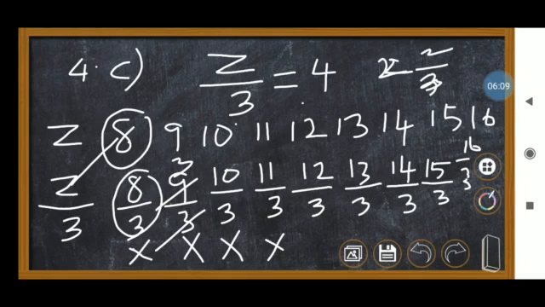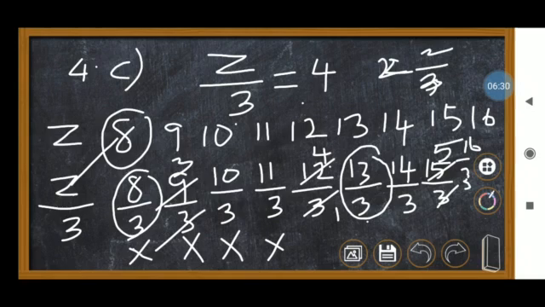12 by 3, if you divide, 1 three is 3, 4 threes are 12. So the whole number we can divide. The others will not divide evenly, but this one will. Similarly, 1 three is 3, 5 threes are 15. So if we cancel, this improper fraction we can convert into a mixed fraction. When I cancelled 12 by 3, I got 4. That means left hand side I got 4. On the right hand side also 4. That means this value will be the correct value. This is the exact number which will satisfy the equation.